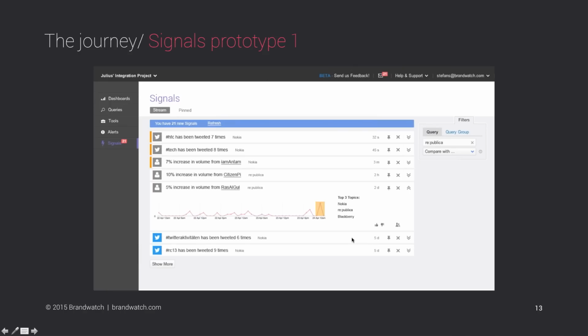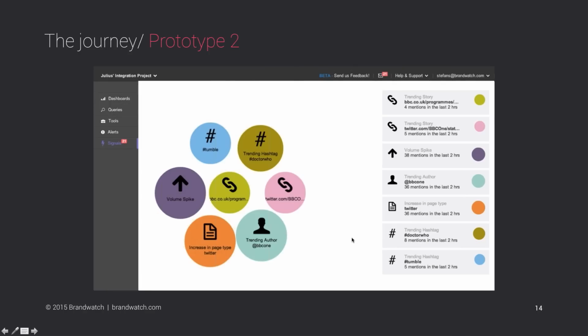So we wanted to explore other options. Another prototype we looked at was this bubble interface where bubbles would grow and shrink over time based on the trends and would animate and move based on what's happening. But it was hard at a glance to get a real understanding of what you should care about right now. There are all kinds of problems of trying to represent all of that in a visual metaphor like this. And we started realizing that